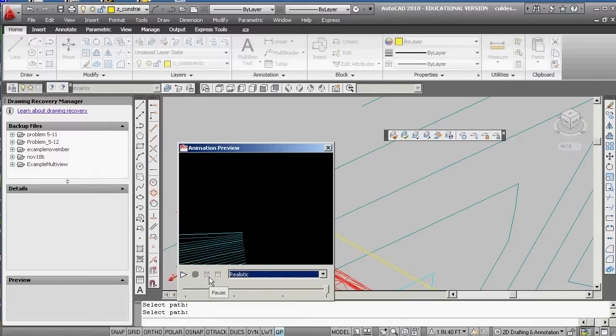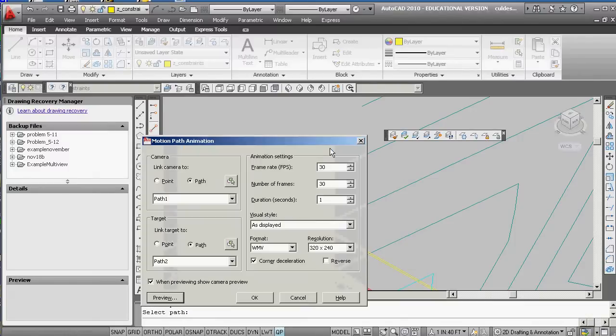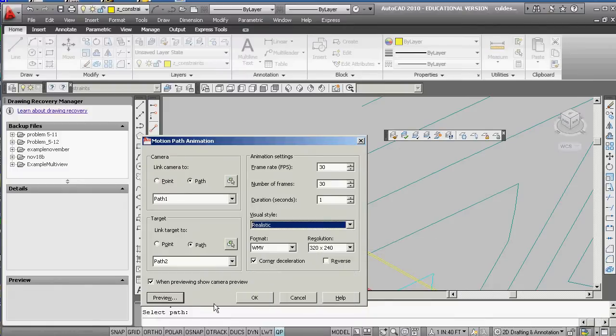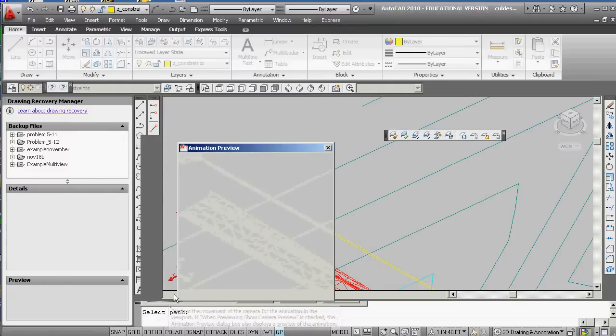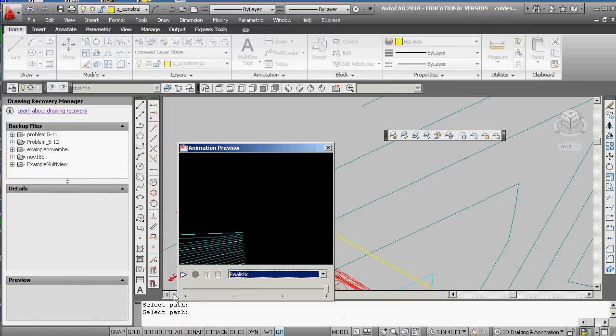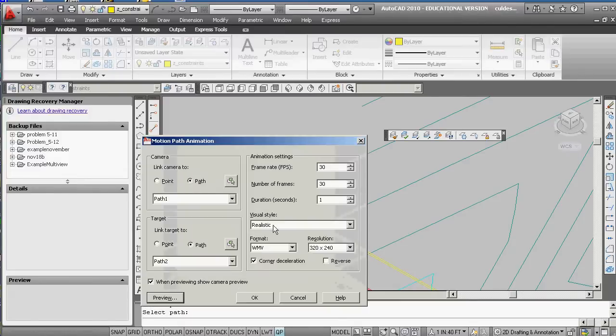In the end, we lose it in the end. So, one more time, let's try it again. This time we're going to do realistic, and we'll try it, see what it looks like. Preview here. There you go, going down. Because of that, what we had done, you lose it around the turn, but that's a reasonable way,